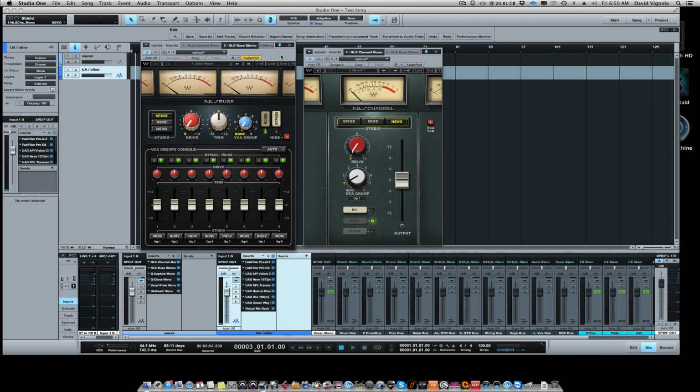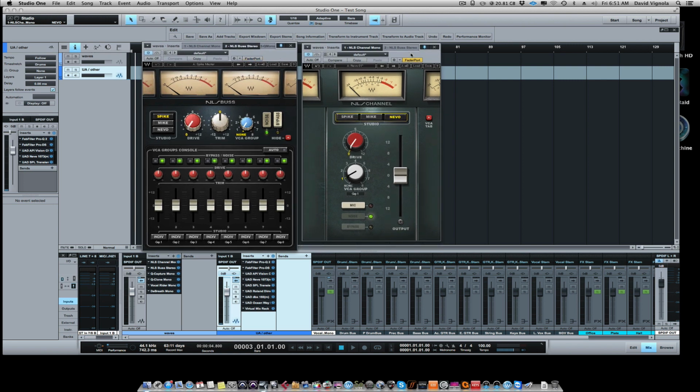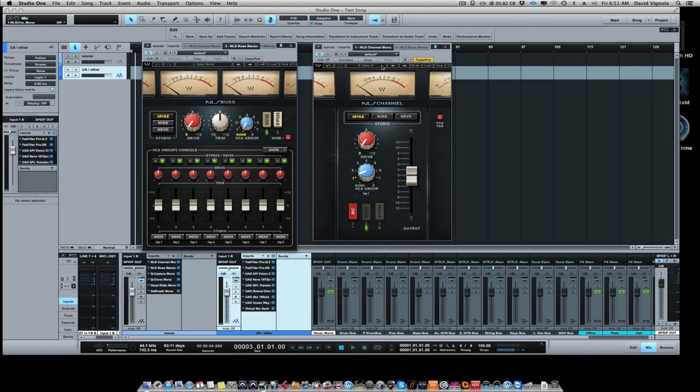Works a little bit differently than the Slate does, a little bit more featured. Sounds really good. Compared to the Slate, it sounds very, very similar, but a little different. The thing that I like about maybe this over the Slate, and Slate hasn't come out with their new version yet, but they will supposedly in January, is on the channel portion. When you put this on each one of your individual channels, let me go back to the